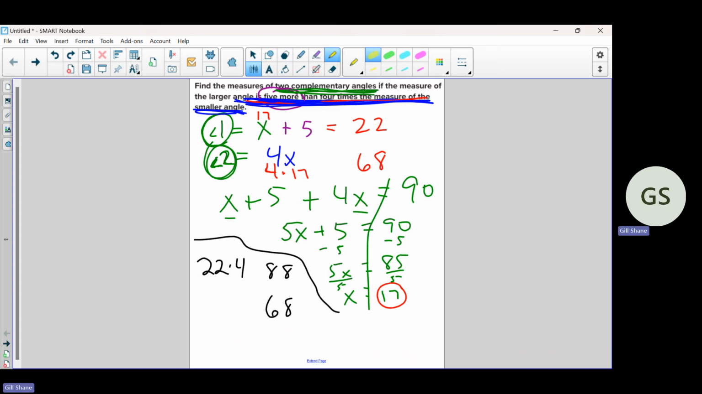Well, this right here is 4 times the smaller angle. We just took the smaller angle and multiplied it by 4. So that is 4 times the smaller angle right there. So this number down here,